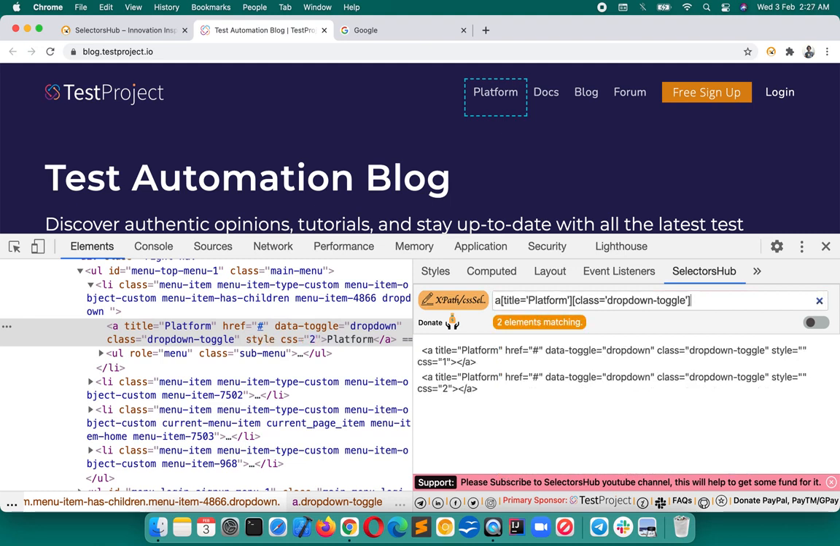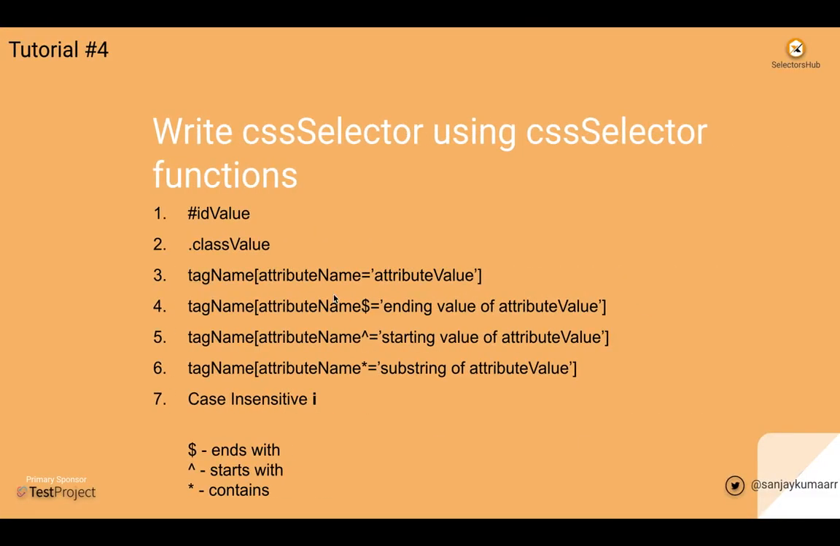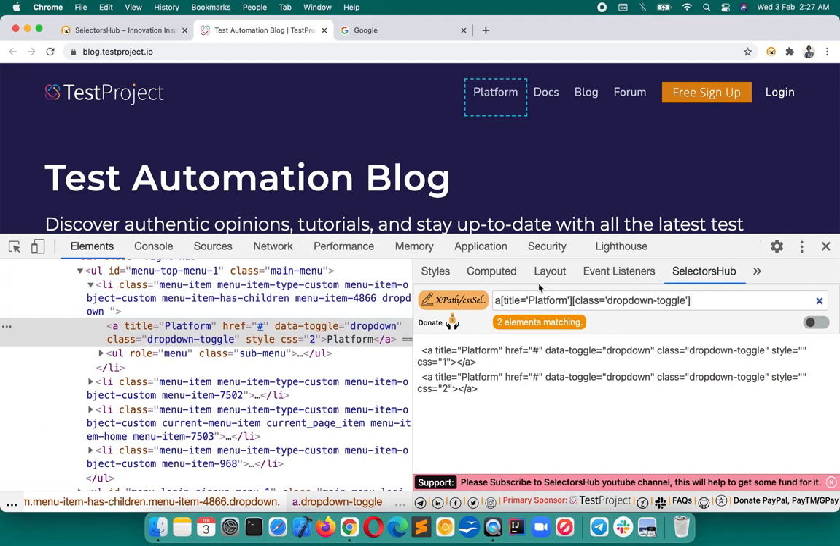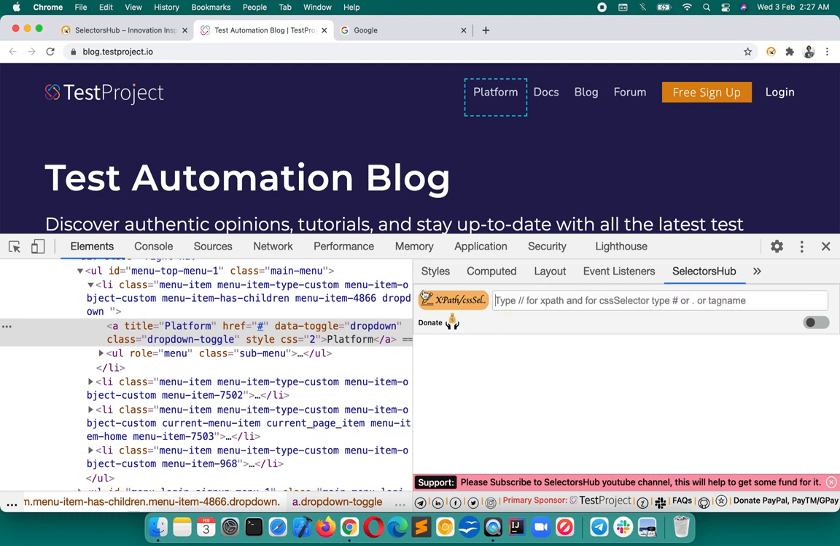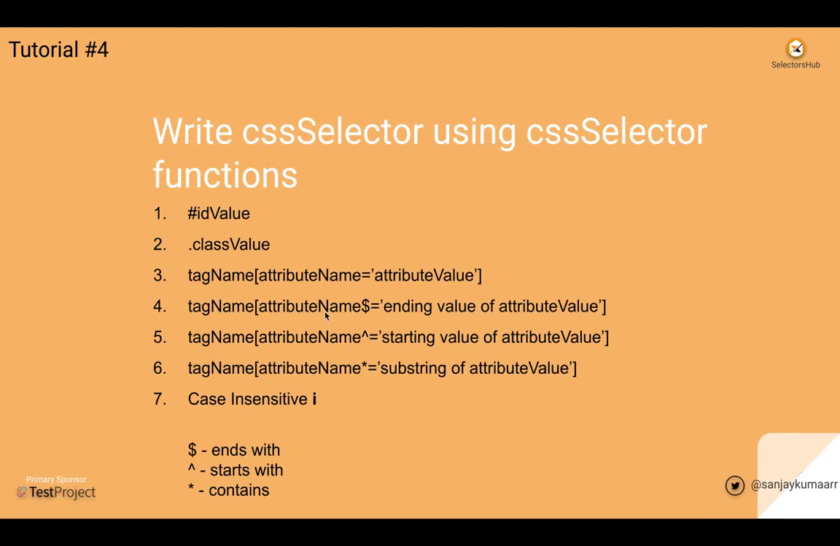So this way you can write the CSS selector based on the attribute name is equal to attribute value. If you want to make it unique and you're not able to make it unique, that I will show you. First thing, this is how we can make the CSS selector. We can write the CSS selector based on the attribute and attribute value and tag name. Then tag name star